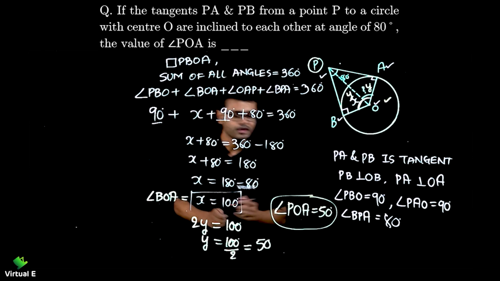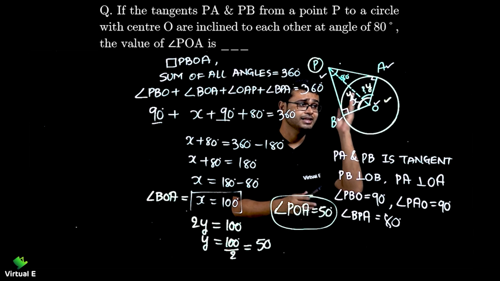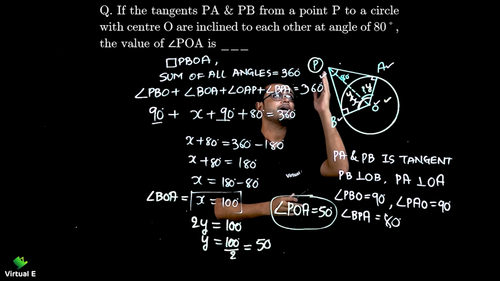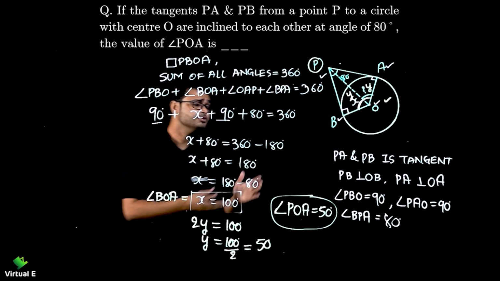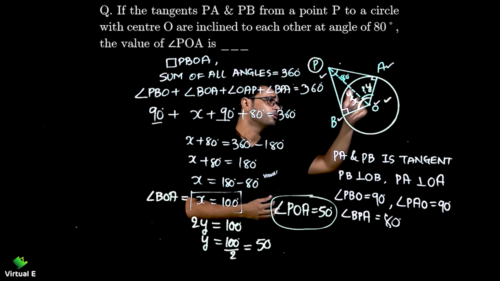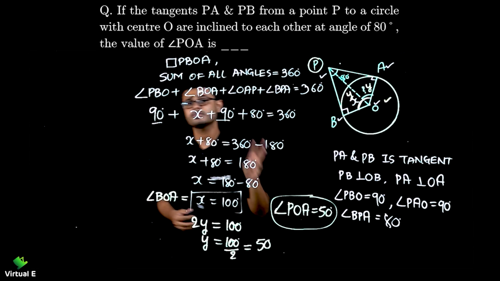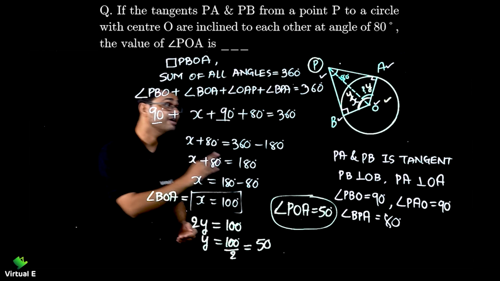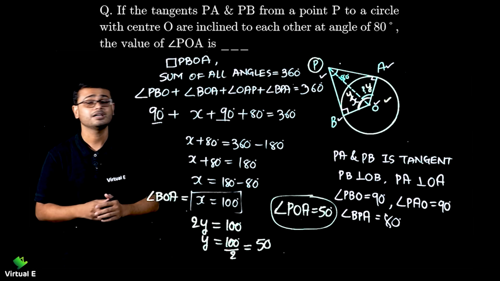One extra step we did, otherwise the sum was the same, but this was kind of reverse. So far we had the angle at the center and we were finding the angle at the point P. Here we had the reverse situation. We had the angle at P and we were finding the angle at the center. So first of all, remember we used the quadrilateral method. First of all, try to get all the angles that you can know with the help of the theorem. This 90 degrees at A and B as well. This we already know, 80 degrees. So out of 4, 3 angles are known. Use the angle sum property and then you are done. Afterwards divide by 2 because these 2 angles will be equal. Remember that. So this is how we find the angles at the center.